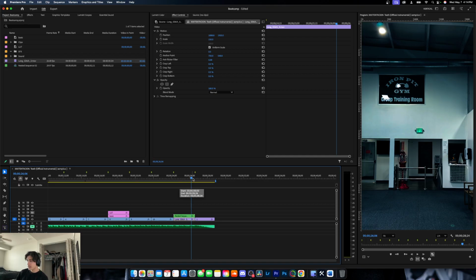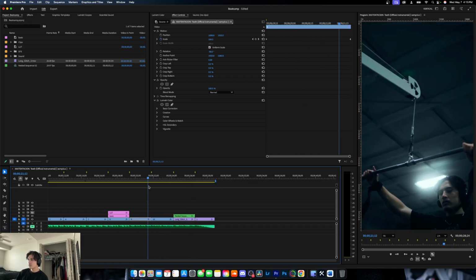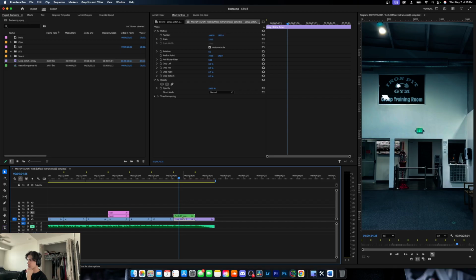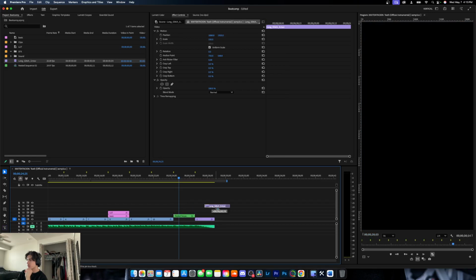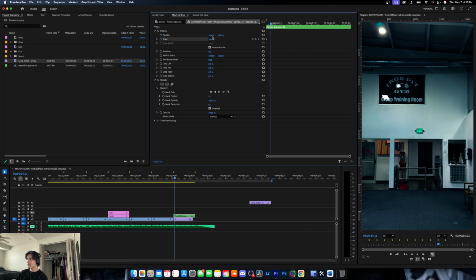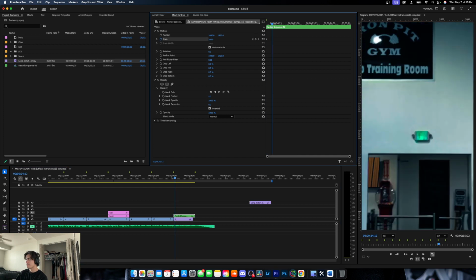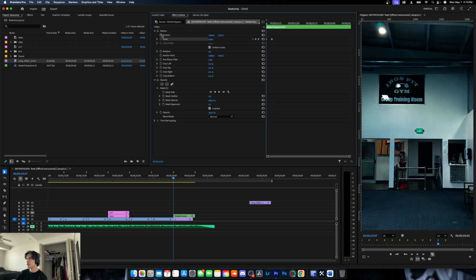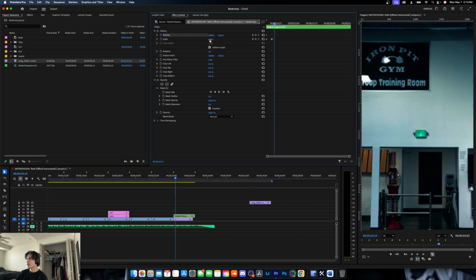Now we'll keep that. And if you wanted to do, so we went over opacity mask, so that's one of the cool effects they can do. There's also sort of like a zoom through effect. So let's say, for example, we wanted to put this clip underneath, and we wanted to zoom in through this. So you already have it, and then you would just go here, and then you would just increase scale. So we're actually going to need to do the position and scale for this, but you would increase the scale,